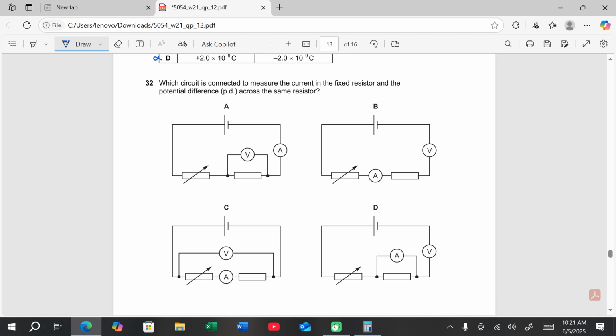Which circuit is connected to measure the current in the fixed resistor and the potential difference across the same resistor? For the potential difference of the resistor, they both are connected correctly. V is not in series, and this is going to measure the voltage across it. It has to be measuring across the same resistor, so it's going to be